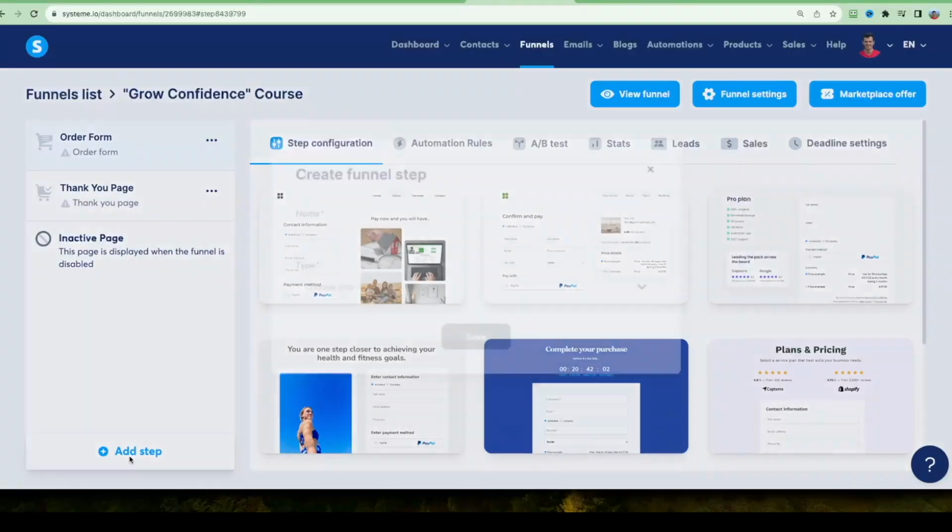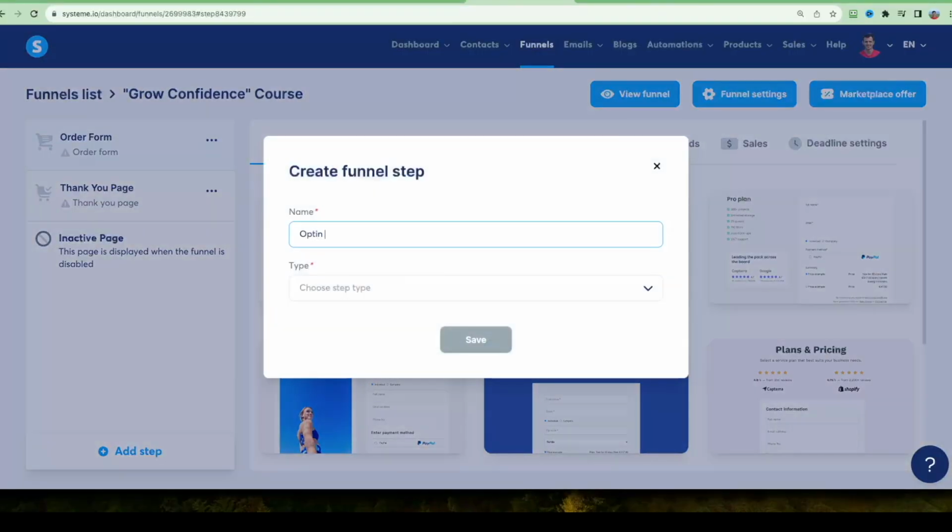A typical sales funnel will have these pages: an opt-in page to collect the email addresses of the prospects, a thank you page to thank them for opting in, a sales page to sell the product, and emails that are going to be sent out to the prospects to direct them to the sales page. There are many variations of sales funnels, and if you'd like to build something slightly different, then System can do it as well. So first of all, let's add an opt-in page, and we're going to call this step opt-in